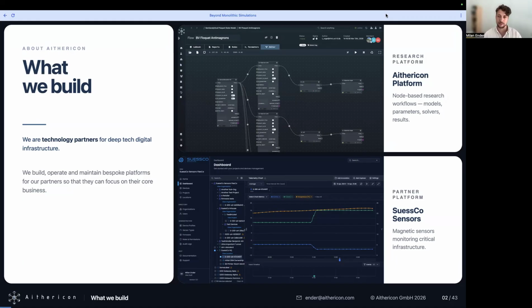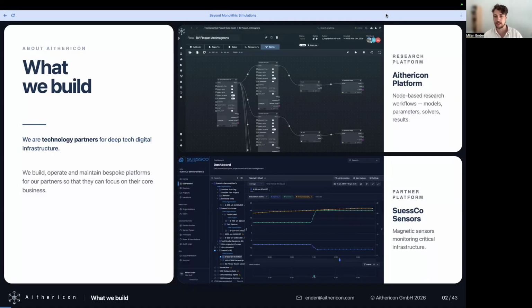And the topics are quite wide ranging, from the basics, so digital infrastructure, server management, to full stack applications and particular workflows. On the top, you can see our research platform from the last years. It's now in use for about 4 years and used by a couple of university groups.